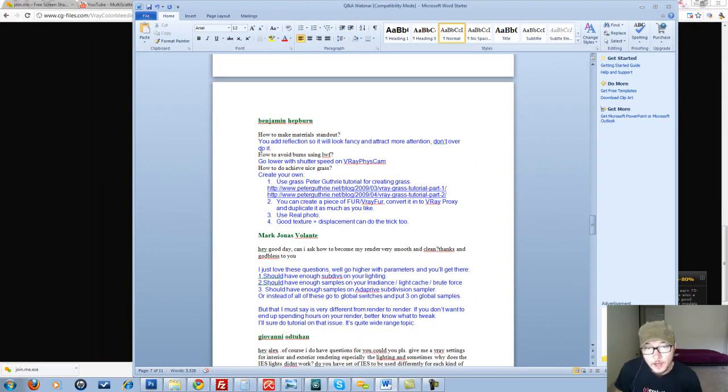Okay. How to avoid burns using LWF, linear workflow. Well, I presume that you work with linear, and as long as you work with linear,